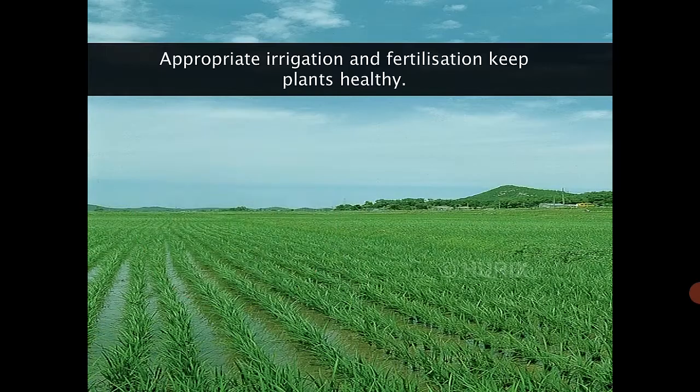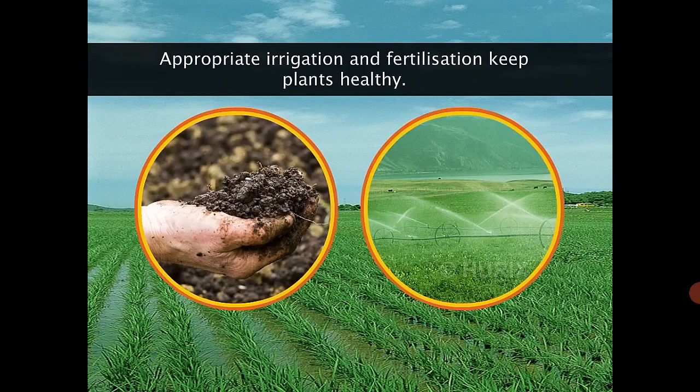Appropriate irrigation and fertilization keep plants healthy. Healthy plants have a higher resistance to pest